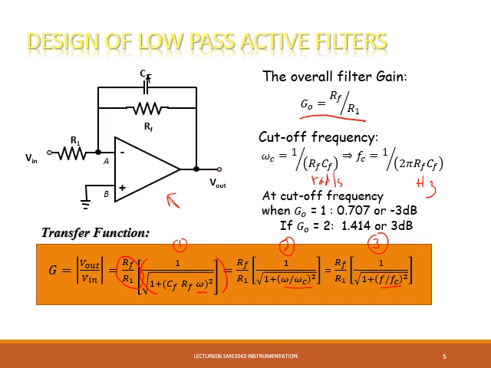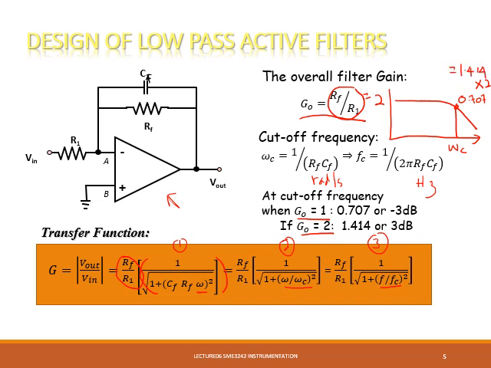Okay, if we look at the response of active low pass filter, it has the same shape as RC low pass filter, where before we said that at this point here it will give us a gain of 0.707. Please take note that this value is when the overall gain is 1. But if the overall gain is 2, if you design Rf over R1 equal to 2, then the value here must be multiplied by 2, which will give you